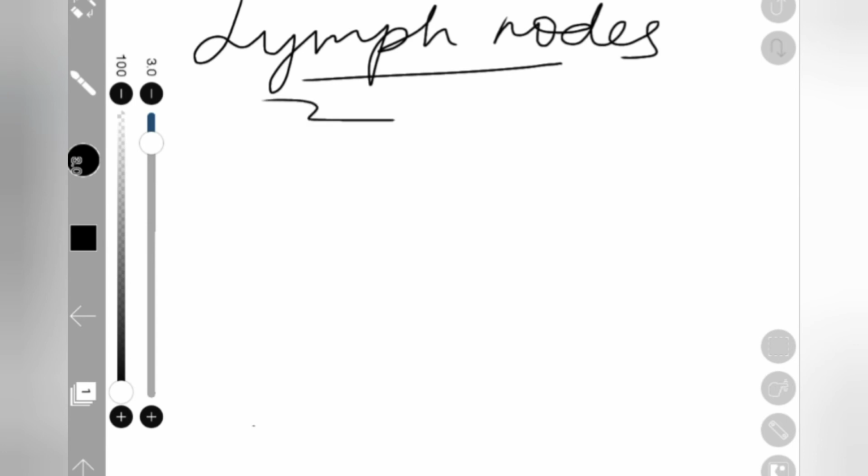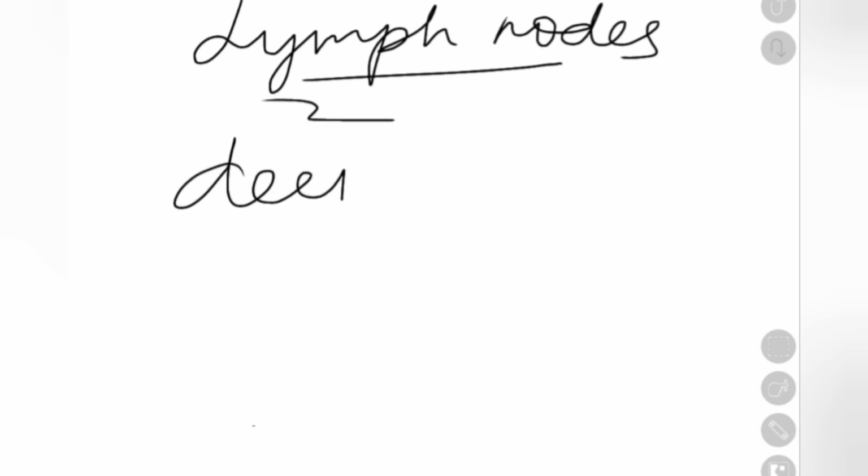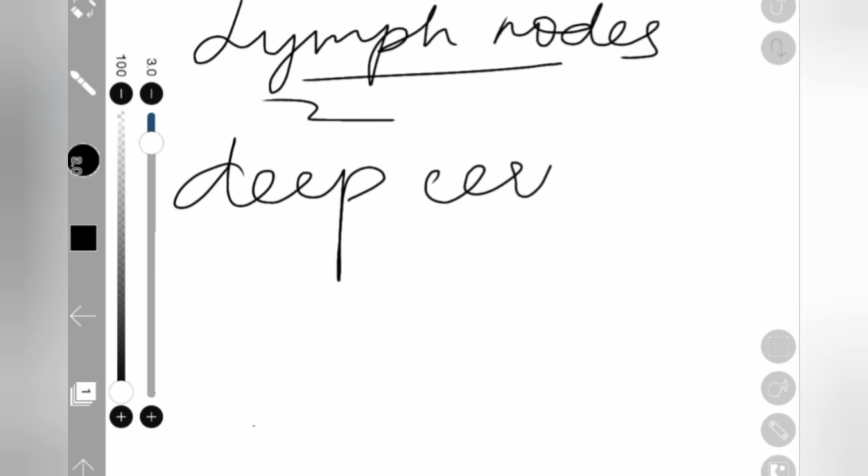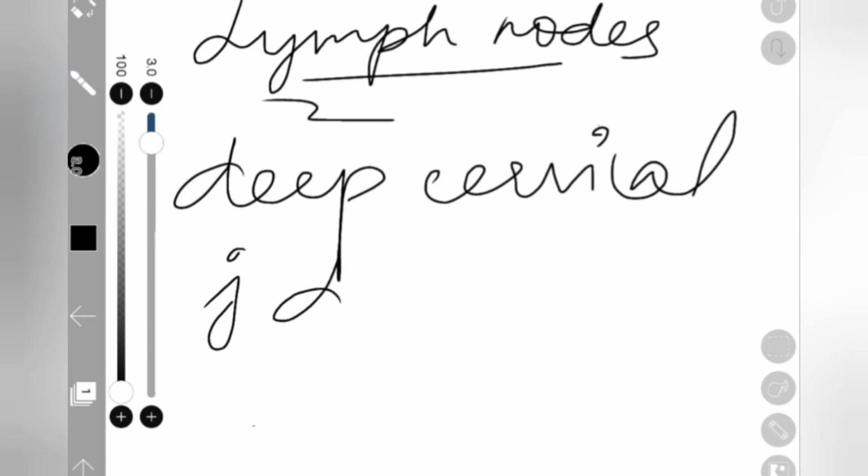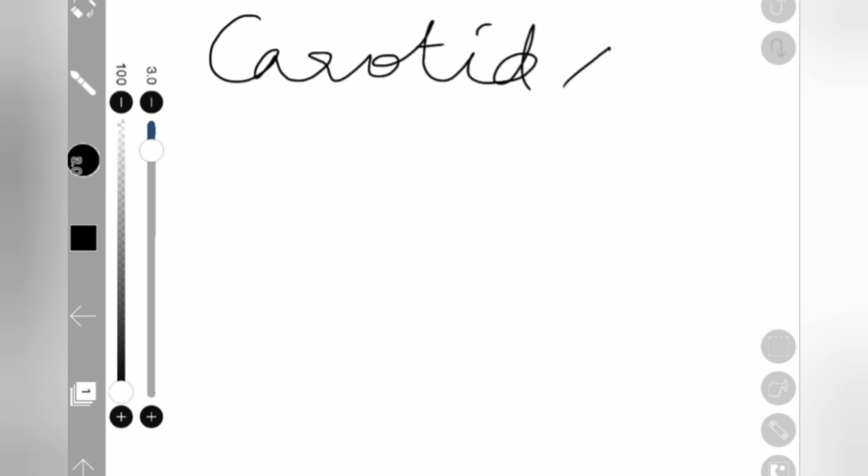Regarding the lymph nodes, the deep cervical lymph nodes are present in the triangle, the deep cervical lymph nodes along with the jugulodigastric and jugulo-omohyoid group of lymph nodes. So they are present in the carotid triangle. You also have your carotid sheath in the carotid triangle. A carotid sheath is nothing but,